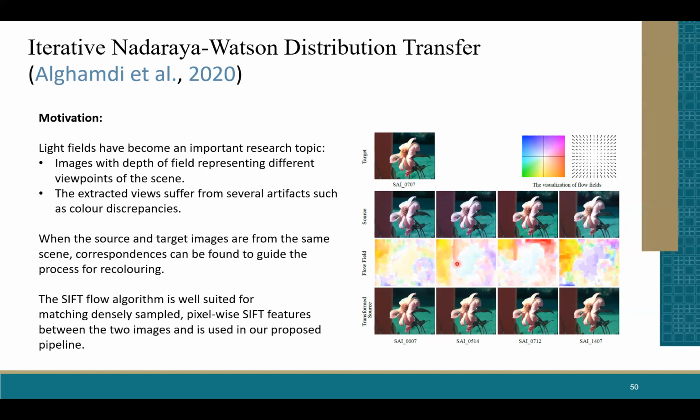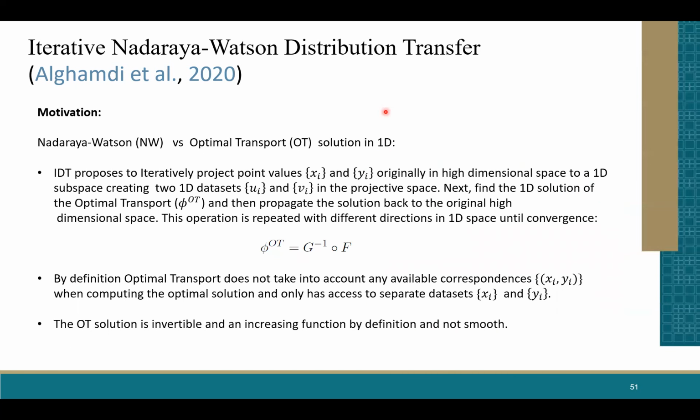And here we found the SIFT Flow algorithm is well suited to match the densely sampled pixel-wise SIFT features between the two images. So in this work, we propose the iterative Nadaraya-Watson distribution transfer algorithm, which is inspired by the